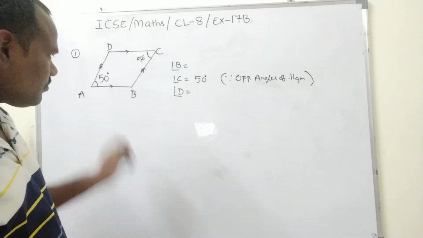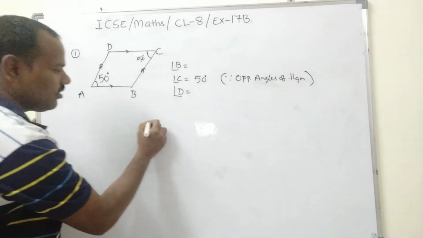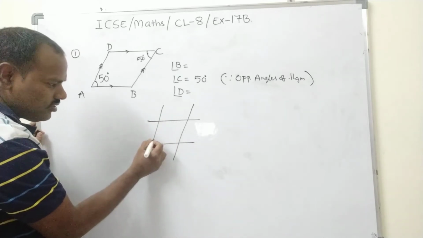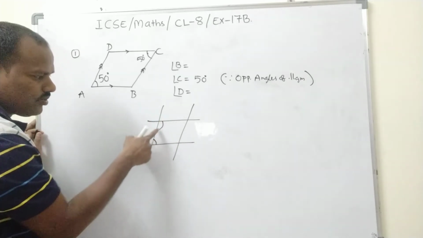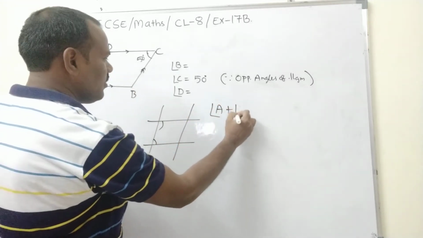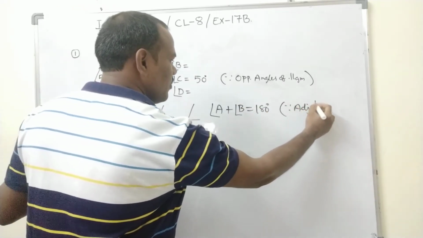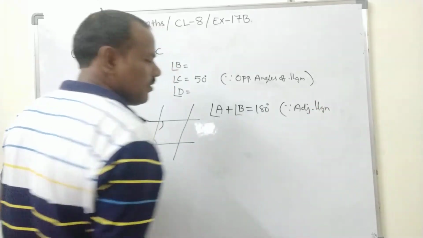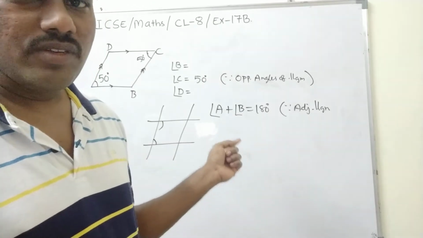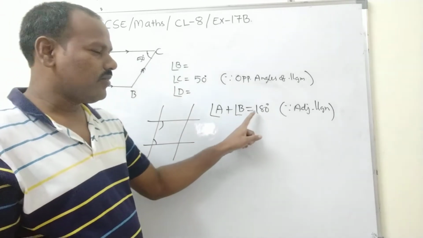And you know very well adjacent angles sum to 180 degrees in a parallelogram. Or else, in 7th class you studied, when you draw two parallel lines and two transversals, the co-interior angles, these two sum equal to 180. Okay, so therefore angle A plus angle B is equal to 180 degrees because adjacent angles of a parallelogram. I am not writing the full statement. You also don't write in the exam like that. You have to write in full. So adjacent angles of a parallelogram, angle A plus angle B equal to 180 degrees.